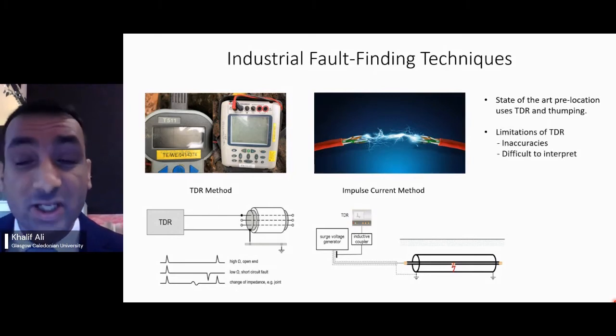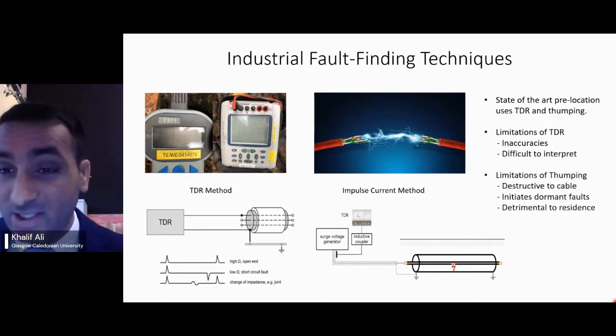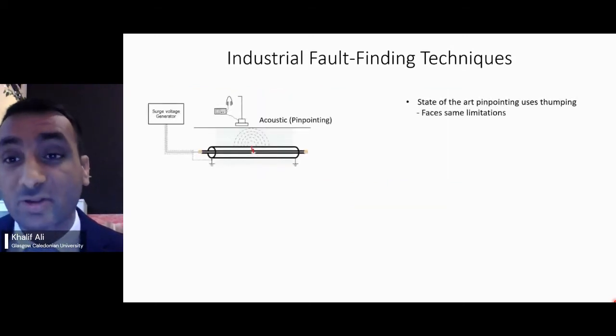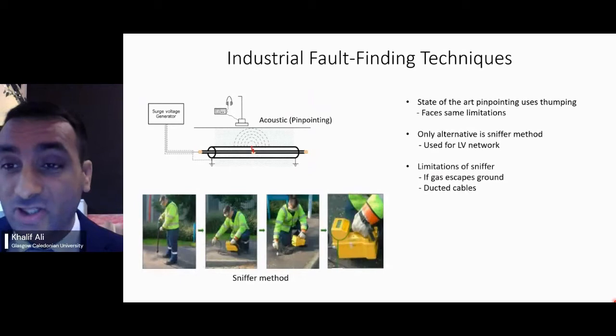The limitation of TDR is that it can be inaccurate, and it can also be difficult to interpret. Limitations of thumping is that it can be destructive to the cable and may initiate dormant faults, and it can also be detrimental to the residential loads as well. The state-of-the-art pinpointing uses thumping as well, and this faces the same limitations. The only alternative to this is the sniffer method,